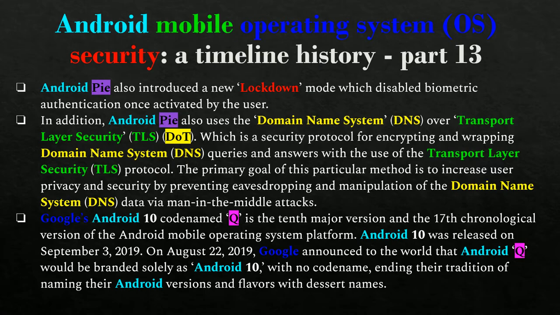Like Americans do, because some people don't eat those desserts, they wouldn't have a frame of reference. So I thought that was kind of cool too. Yep. But with Android, I think they should have kept it going, because it was unique.